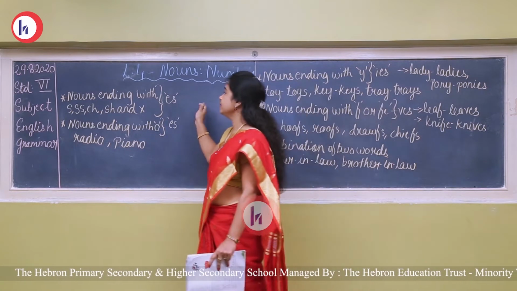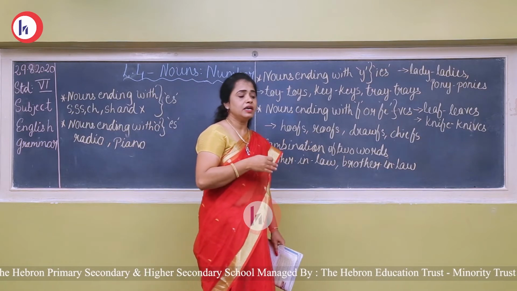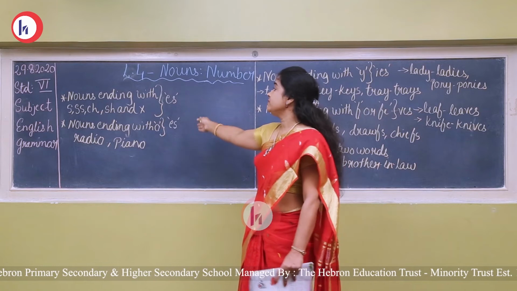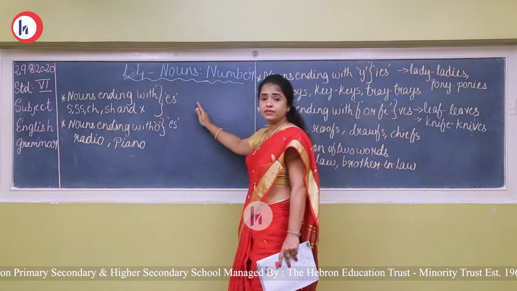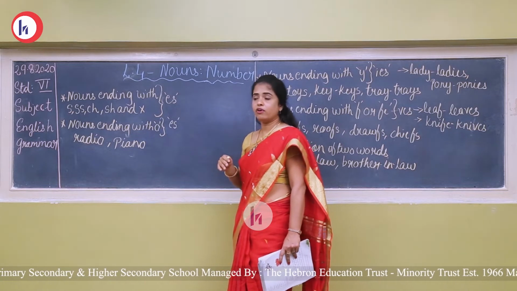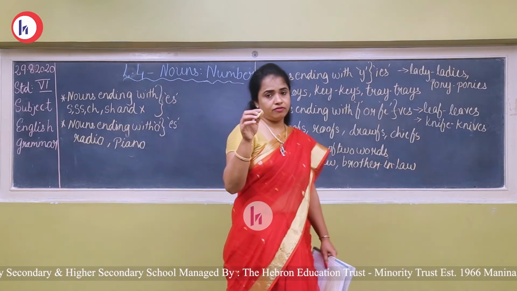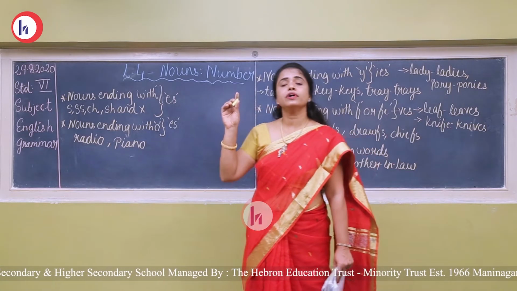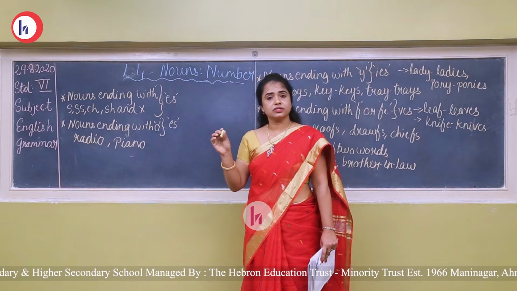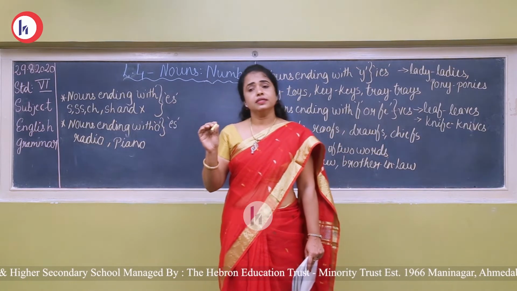Now in this lesson we will be learning how to convert the given noun into plural forms. Every countable noun has a singular and a plural form. In this lesson we are going to learn how to convert a given noun into a plural form. Basically, for all nouns, when we put an S, for example pen, it becomes pens. The plural form of pen is pens. Book becomes books. So just by putting an S, we can form a plural. That you all know.